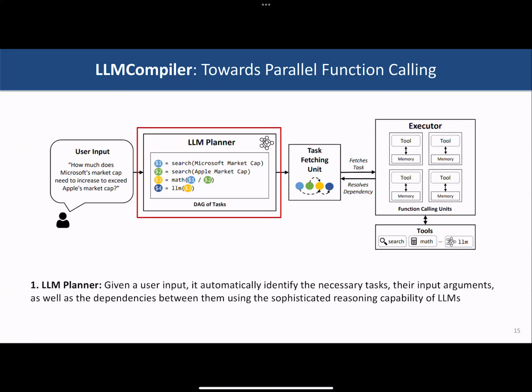Because we don't know the results of the search operation before we execute it, we don't know the exact argument that goes into the maths. So that's how we brought in this placeholder variable, which will eventually be filled out once the associated prior tasks are done. So this placeholder variable will define the input and output relation between different tasks, and this will eventually define the dependency pattern and execution graph.